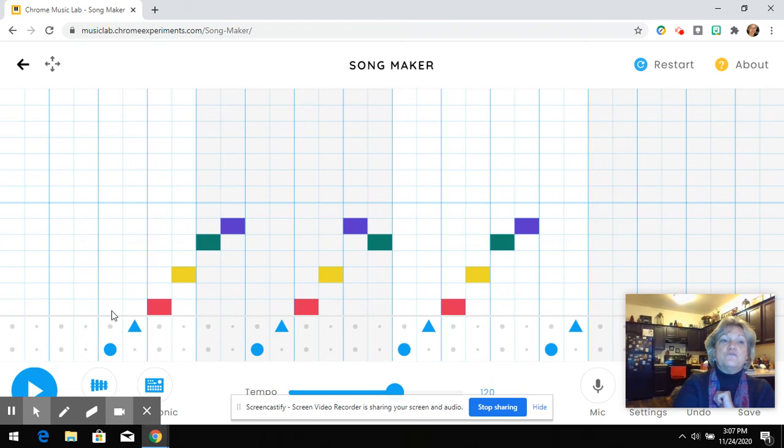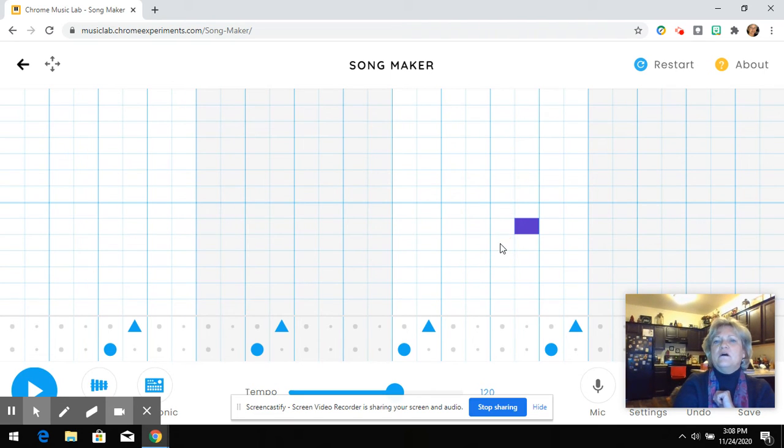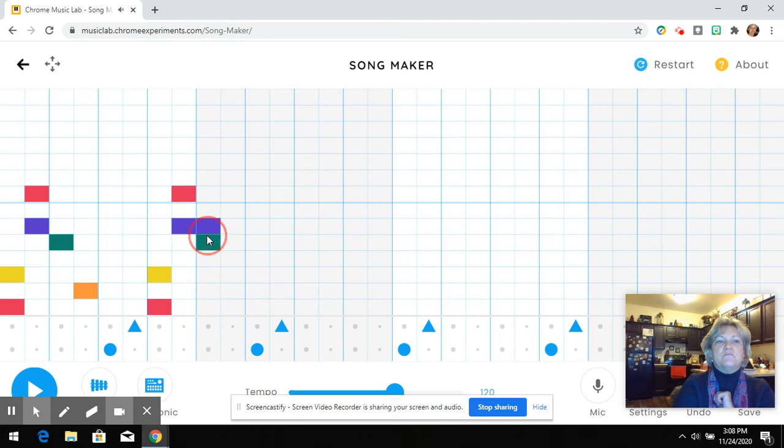Now, this time I'm going to create a new pattern, and this time instead of just using 4 notes, I might just use the 4 blocks there, but I'm going to use multiple notes. I'm going to start out and I'm going to use those 2 notes together. Now, I really can't use the pink, so I might jump down to this, and then I'm going to jump down to, I can't use green, so I might leave that there, or I might, that's going to sound very, very different because of the jump from the dark green down to the orange. All right, so I'm just going to create the same pattern a couple of times